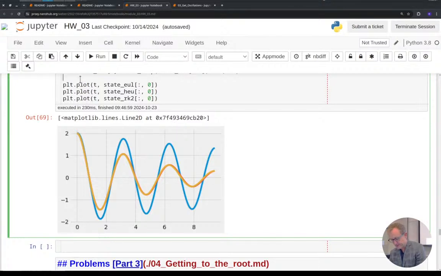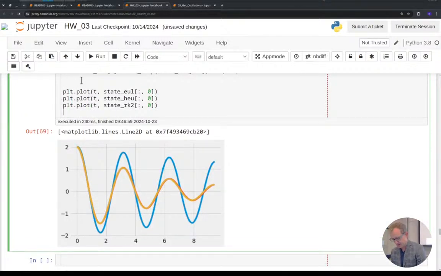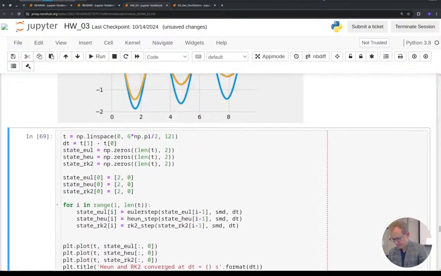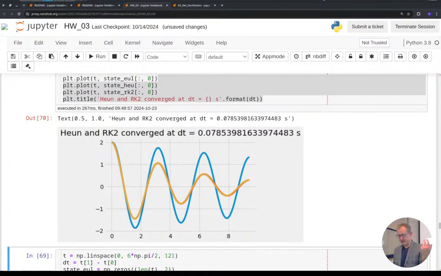So I could kind of say, right down here, I just added a title and said, once I hit 0.07 seconds for this solution, it's all converged. There's no difference between Heun and Runge-Kutta